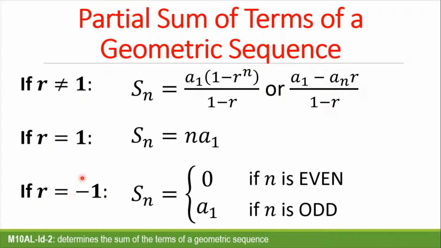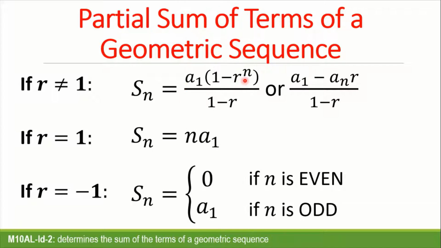If the common ratio is not equal to 1, we may use any of these two formulas. So we have S sub n is equal to A sub 1 times the quantity 1 minus r raised to n all over 1 minus r, or A sub 1 minus A sub n times r all over 1 minus r, where r is the common ratio of the given geometric sequence, A sub 1 is the first term, and